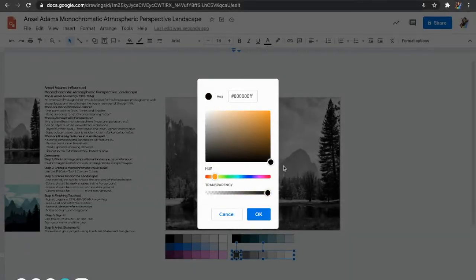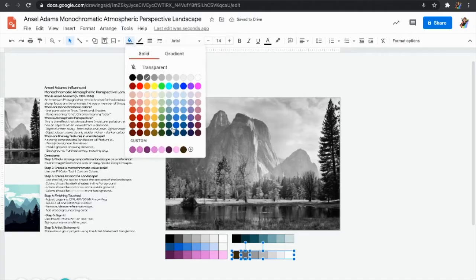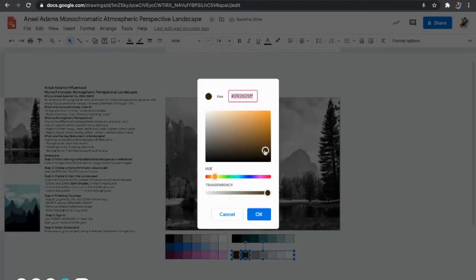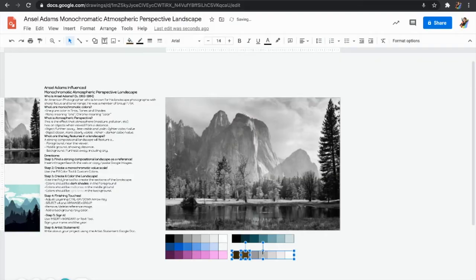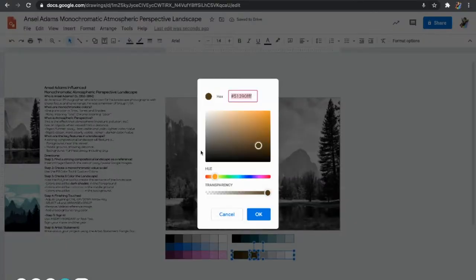I could go all the way to the corner, but for this, I'm just going to come a little bit up. I'm going to click OK. Then I'm going to come over to the next color, and I'm going to start here, and then go back and start to drag it diagonally up. I'm going to click OK, come over to the slider, choose that last color, click the plus, move it up,